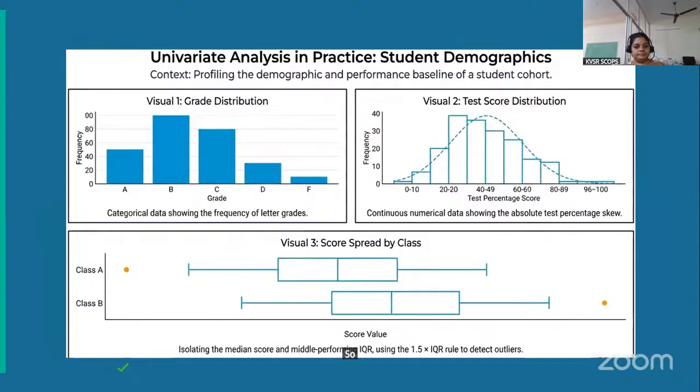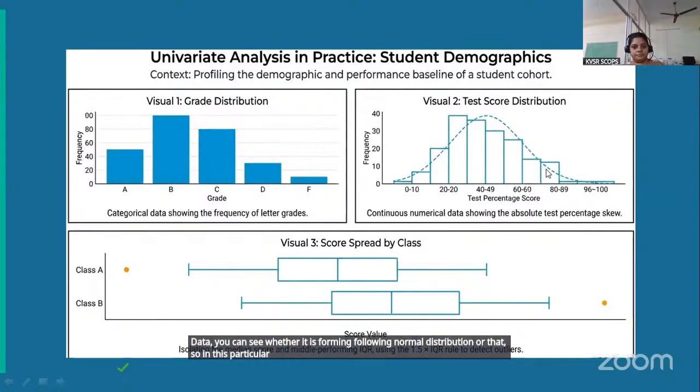So this is one of the examples where you will be seeing the grade distribution of the students, the grades and the frequency of the students. You can see this is a simple bar graph, and you can see the test score distribution by plotting a Gaussian curve on this. When you plot a Gaussian curve on the data, you can see whether it is following normal distribution or not. So in this particular data visualization, you can see that there is a huge skewness, or I can say most of the graph has been towards the right side. So right skewness,